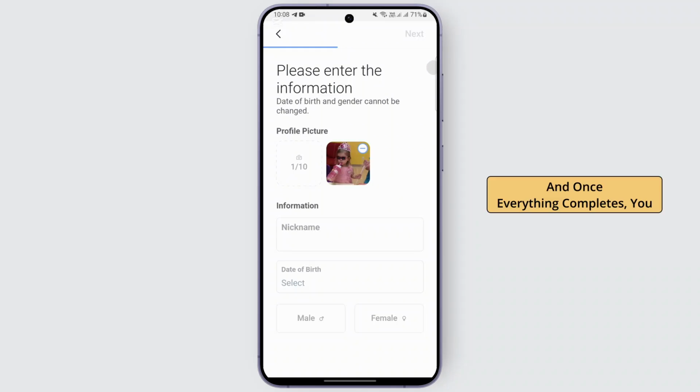And once everything completes, you should be able to create an account in kFriends app. So that is it for now. That is how you create an account in